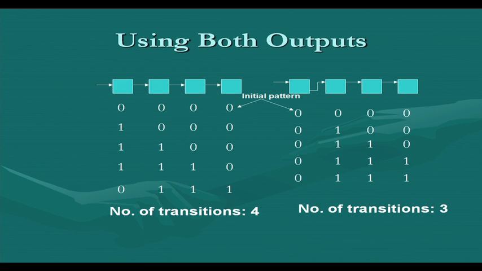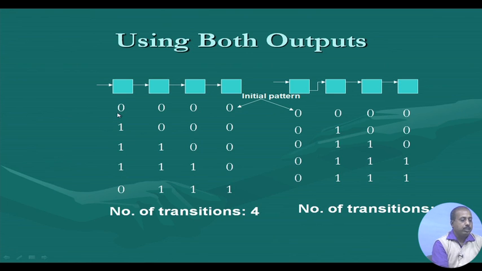So, we will start with an example where we are using both the outputs of flip flops. This is the left side, the standard scan chain where the D input of a flip flop is connected from the Q output of the previous flip flop, forming the scan chain. If the final pattern is 0 1 1 1,